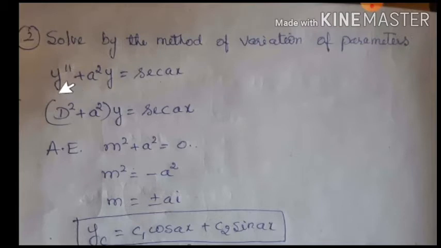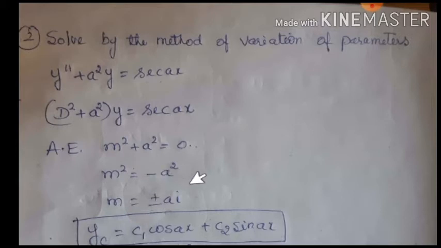First write the given differential equation using the differential operator: D square plus a square, take y common. Here it is D square into y, so the y I have written outside equals secant ax. Write the auxiliary equation. How to write it? Only the bracket term, equate it to 0, taking in place of D a different variable m. So m square equals minus a square. Then what is m? Plus or minus ai. You can use a calculator also to find the root.